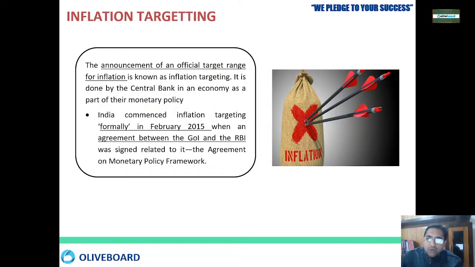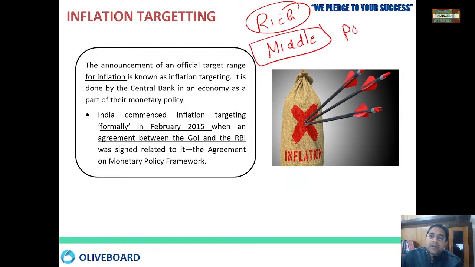Okay, now since inflation is there, targeting also has to be done. Now inflation is not allowed to just keep rising, because if the inflation keeps on rising, it will eat away all the money, it will eat away all the money unnecessarily. See, rich people don't care. Okay, the people who get overburdened are the lower middle class and the poor people,